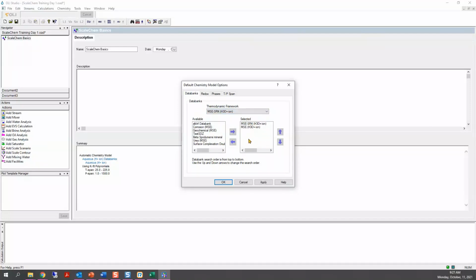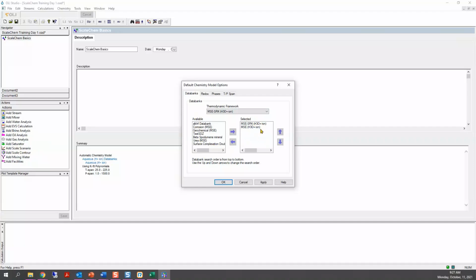When you add extra data banks here, it's because maybe you are missing a component in your chemistry and you are adding it as an extra data bank. Or, let's say you select the geochemical, for example. It's because there are solids that take thousands of years to form, so maybe you want to include a geochemical data bank as part of the calculations. So there are reasons why we have some available data banks here, but for this training, there is no need to add any of those data banks. So make sure that you only have these two.